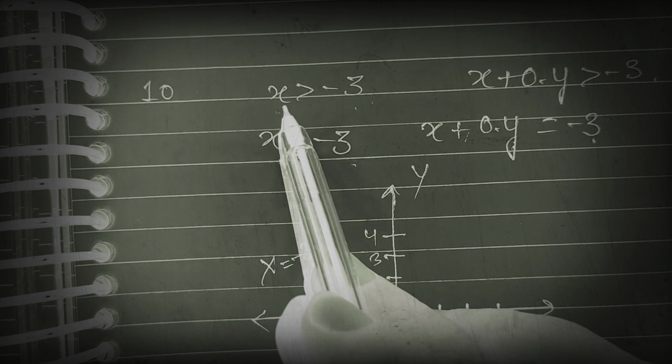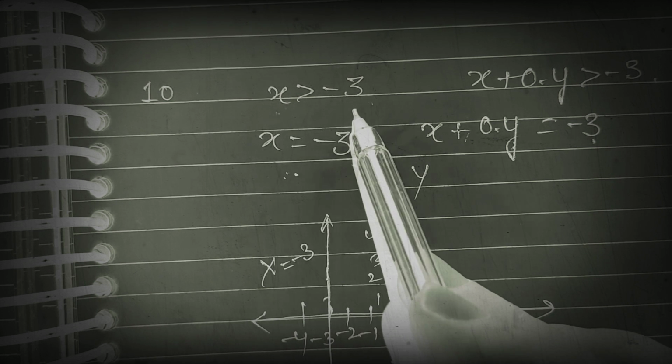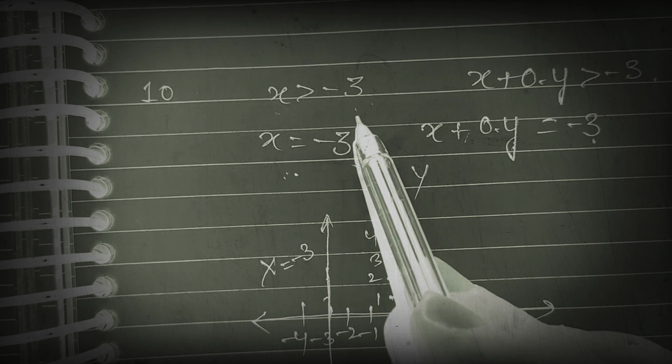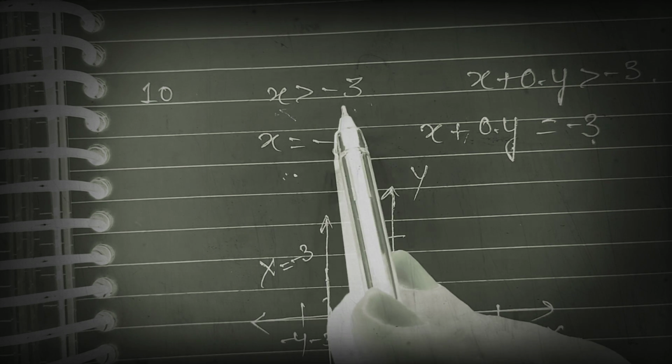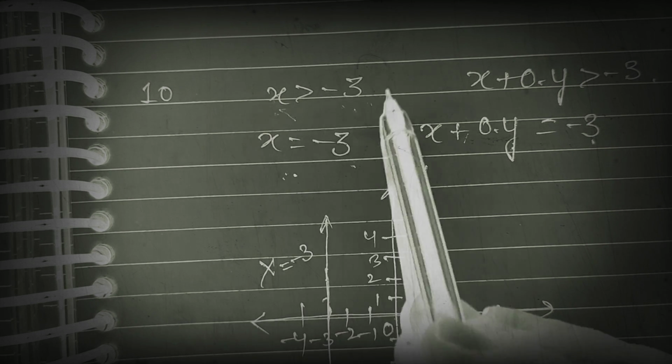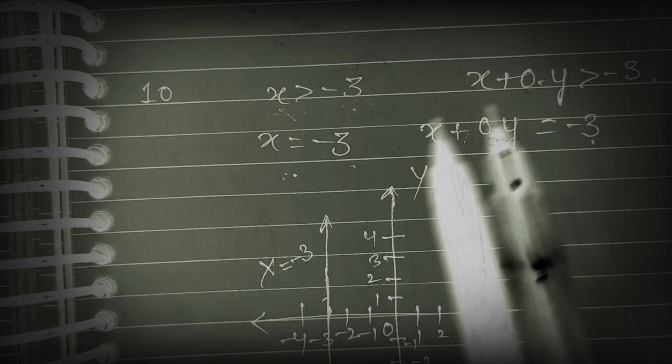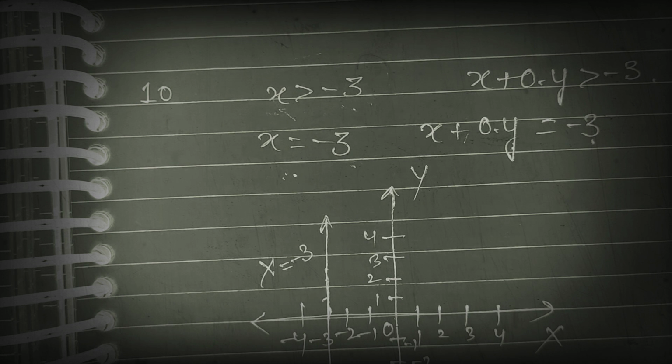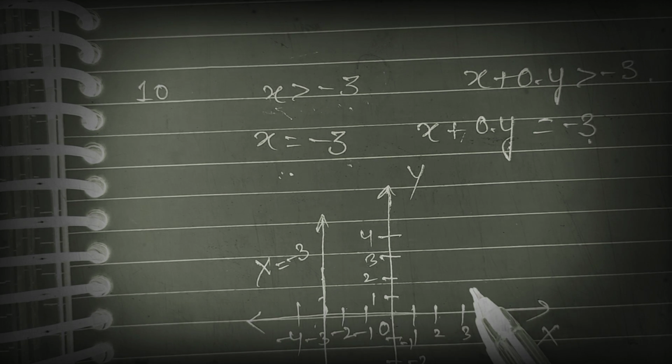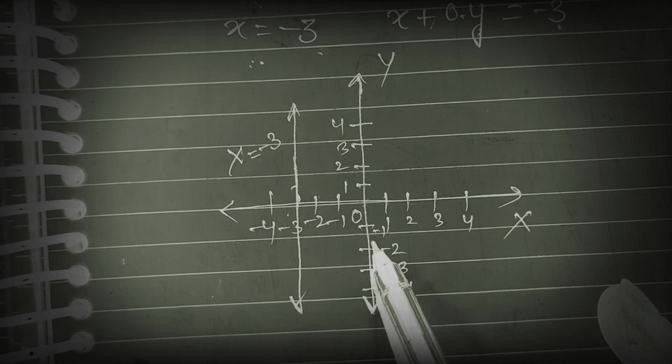But we want to find the graph of x is greater than -3. So we will draw the shaded region. So how will we draw x is greater than -3? Understood by this, x is greater than -3, meaning it should be greater than -3. We can put any value, (0, 0), (1, 0), (2, 0), in this side or this side. If it satisfies, then the area is in that side, otherwise the opposite side.